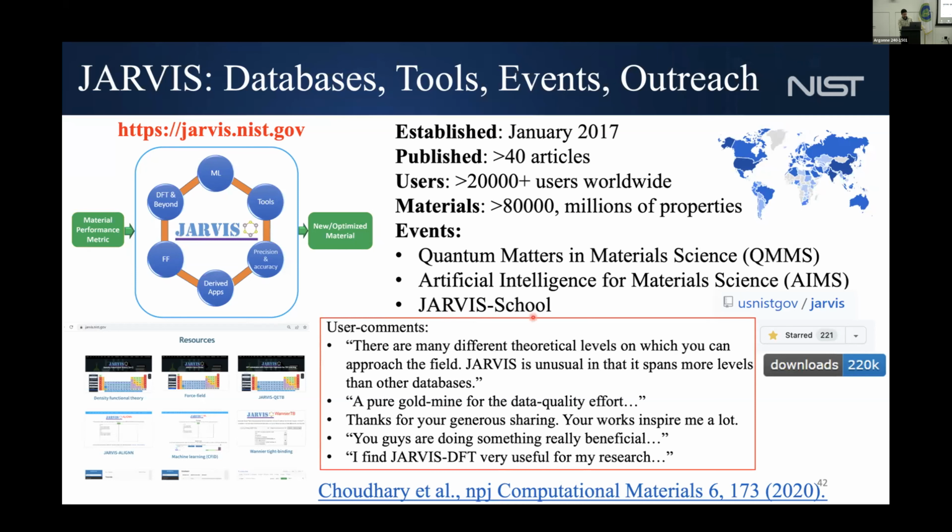We also have Jarvis Schools, which are hands-on sessions where we travel to national labs or universities. We spend the whole day giving an overview of our tools, lectures, and we have a lot of hands-on Google Colab notebooks to teach students, postdocs, or anybody interested. And the good part is people that want to host us don't have to pay for us because they're not allowed to do that. So they're all federally funded by us as well,